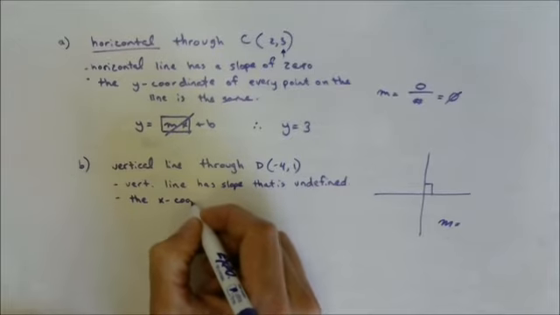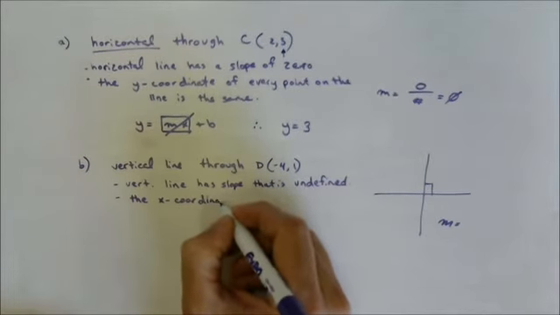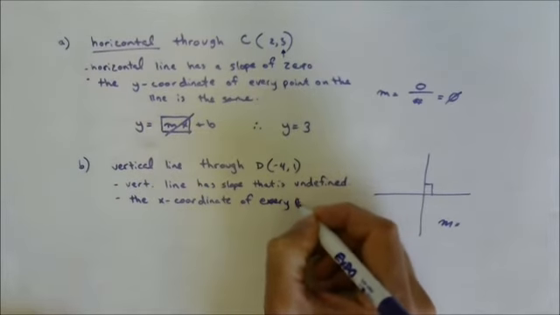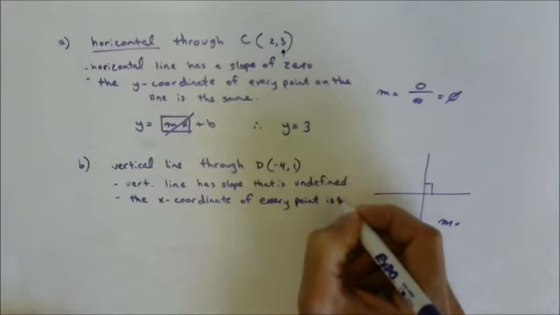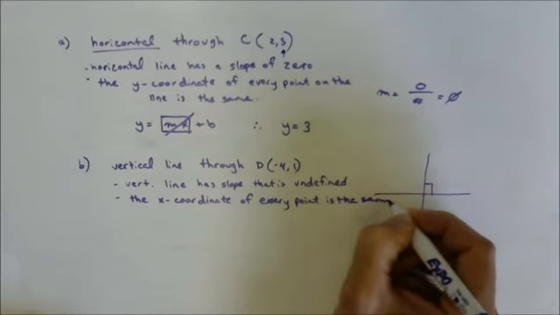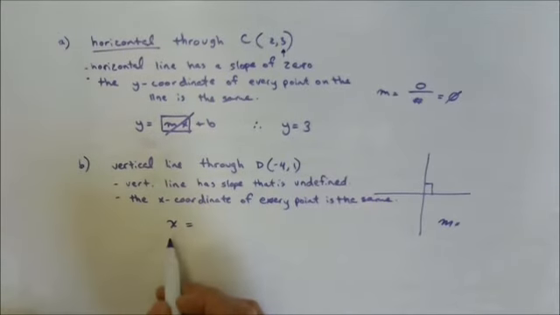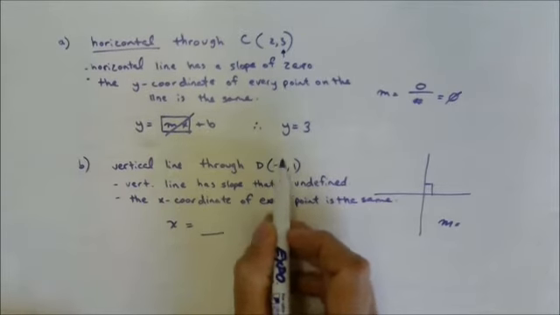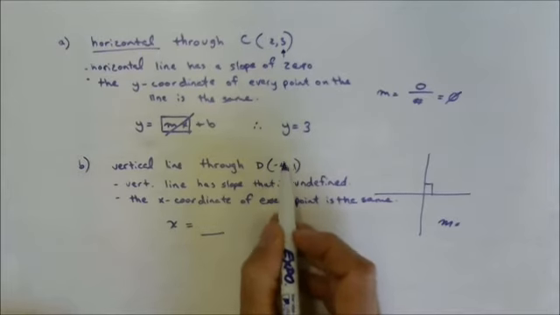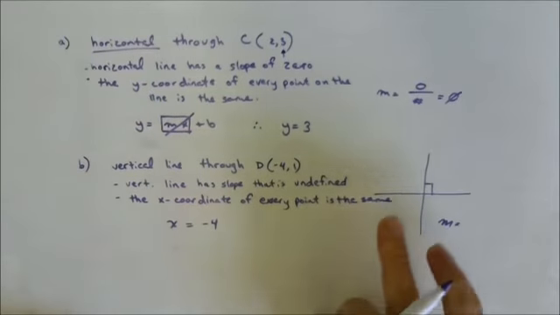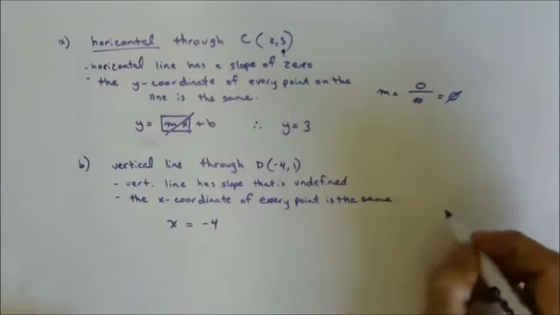So a vertical line has a slope that is undefined, and the x-coordinate of every point is the same. It's always expressed in terms of x. X equals whatever. And if the x never changes, then it's simply the x-coordinate of the point that you were given. So in this case, x equals -4. That represents,